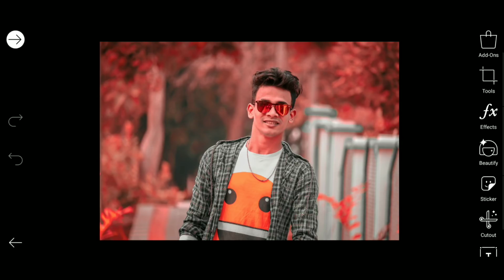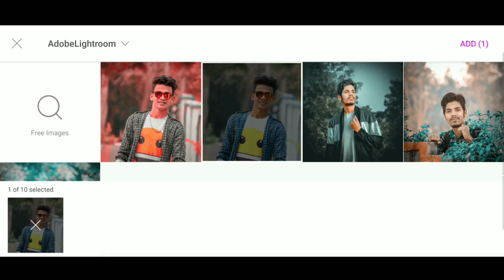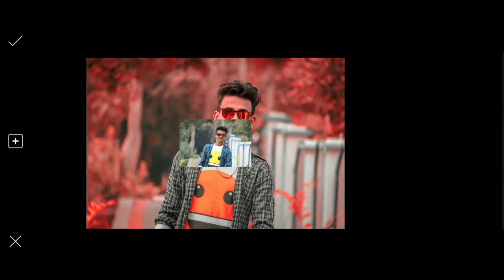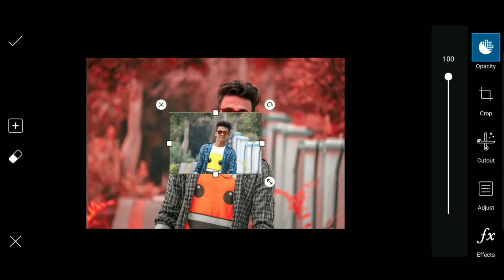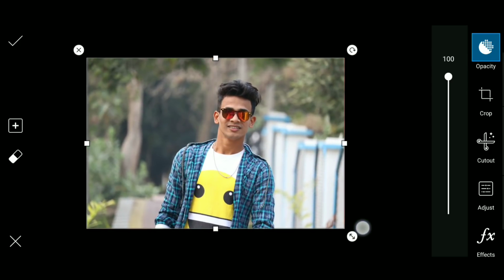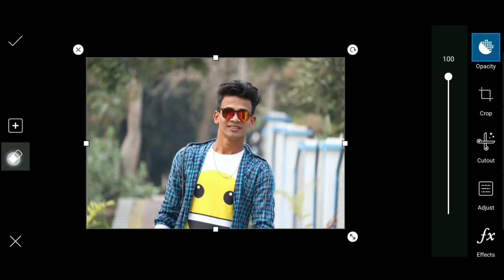Now all you need to do is go to add photo and choose your original photo and hit add. Now zoom out a little bit. Take this original photo and position it until it fits. You can check this by decreasing the opacity. So I think this is fit. Now I will go to this eraser icon.